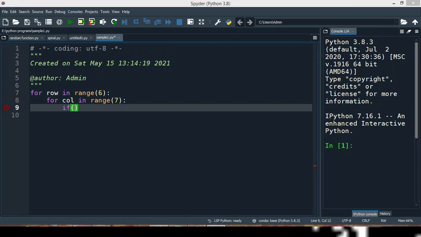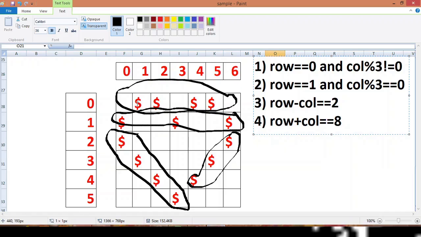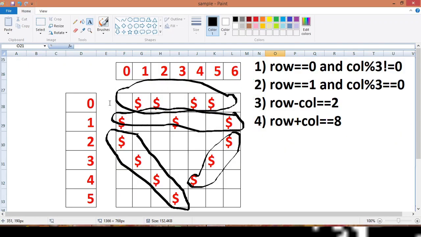The first condition is for the first row, where the row index is 0. So we have to write this same condition: when row is equal to 0 and column modulus 3 is not equal to 0. That means indexes 1, 2, 4 and 5. When we divide these indexes 1, 2, 4 and 5 separately by 3, we will not get remainder 0. So print the star or hash.